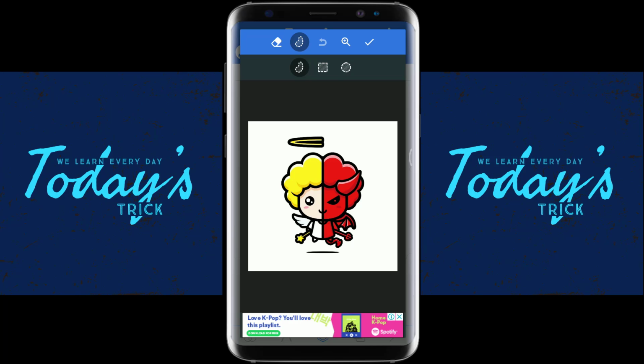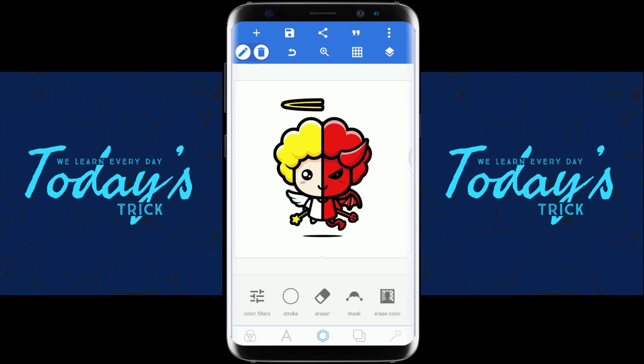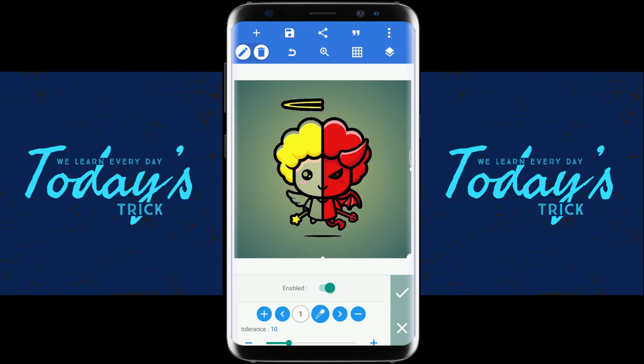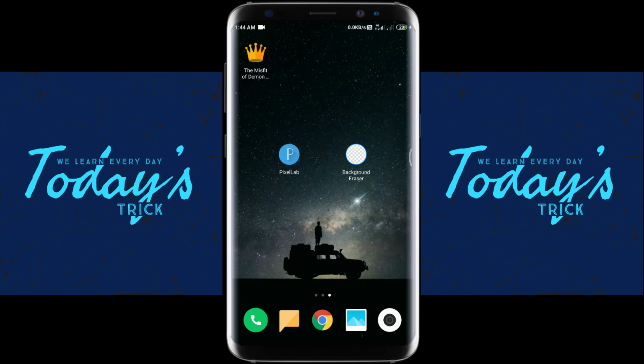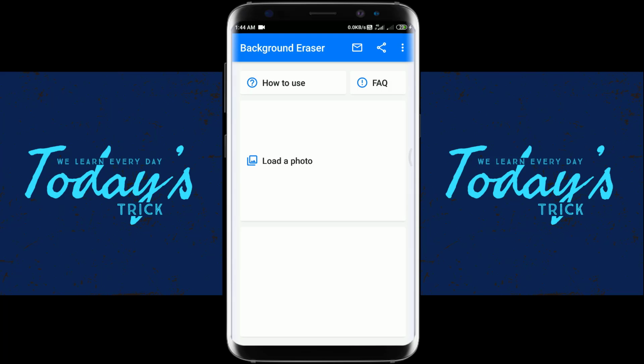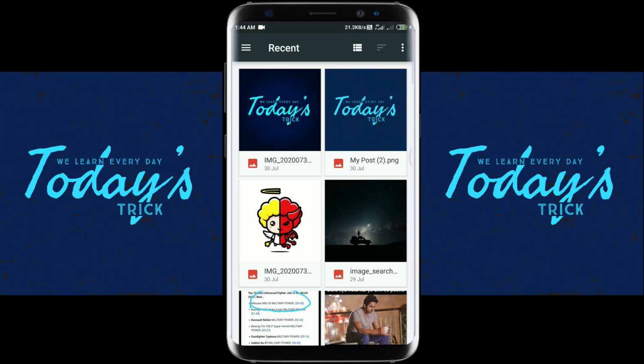what I noticed as uncomfortable is removing the background and other things in this application. It is the only minor setback. It takes a lot of time when it comes to removing the background, or removing certain parts of the image. It's kind of messy. Can you see here, on the left side angel part, it removed that color too. It's kind of a problem with this app, so I installed another app, Background Eraser. It's just 2 MB, only 5 MB. It won't take much space, and it is very easy and very helpful too.